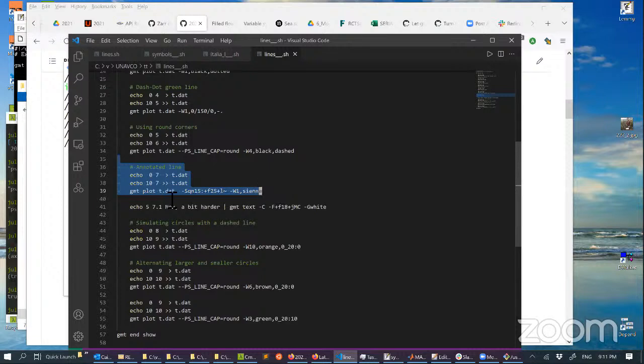plots. The syntax starts to be a bit more cryptic because you have to use the -s for the symbol. You select a symbol which is an annotated line, and that Q means annotated line, and then the number of annotations, and then the font, and then what you want to put. So it is powerful, but it also starts to be a bit more cryptic when you see it just the